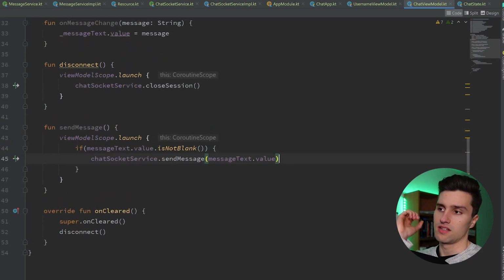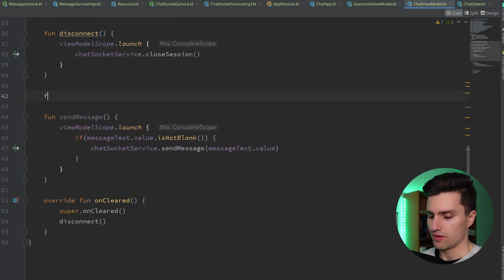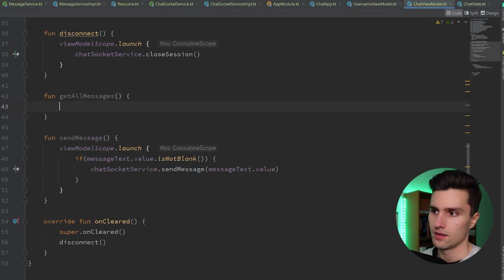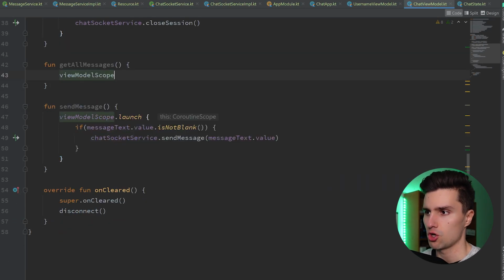So what's missing? It's definitely missing to retrieve the messages from the API, so from the message service. And it's necessary to initiate our WebSocket connection when we create this view model. Let's start with retrieving our messages. I will create a function for that here. Function get all messages, which is a very simple function as well. Just launching a coroutine in view model scope,